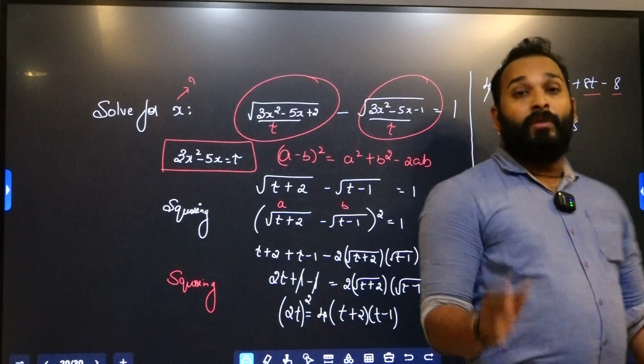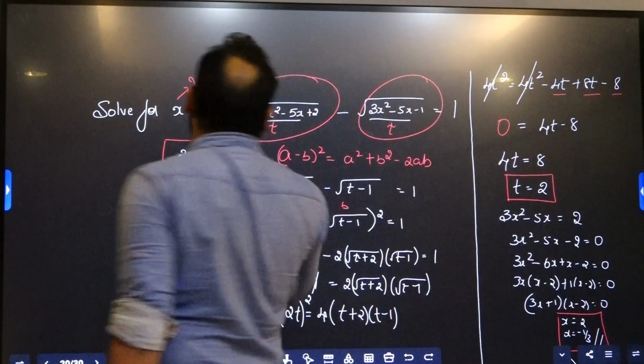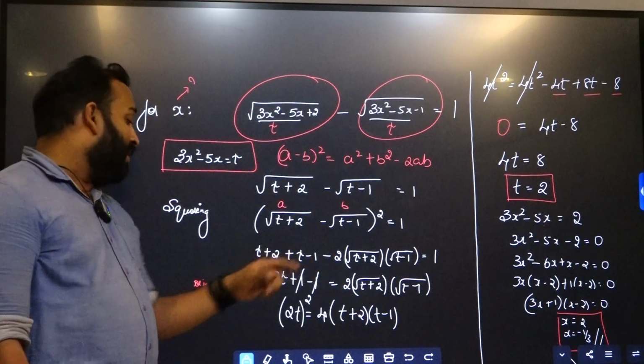You got x. But only thing you have to remember, here we have squared twice, children. 2 times we have squared here. Initially we have squared to remove the root. Again root existed, we squared. So it's